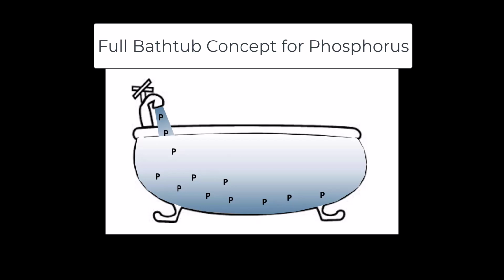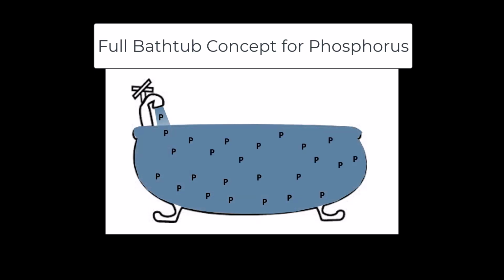Dissolved phosphorus can be taken up by aquatic plants for plant growth, but unless those plants are harvested, which they're commonly not for wetlands, the phosphorus will stay there in the plant material and become cycled into organic matter in the wetland. All this means is that the ultimate fate of phosphorus entering a wetland is that it stays inside the wetland, and the full bathtub concept is that after a period of time, any phosphorus entering will equal the amount of phosphorus leaving.